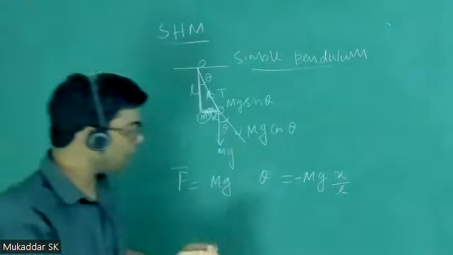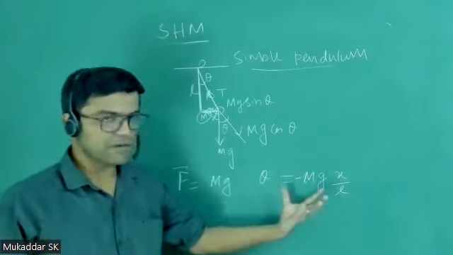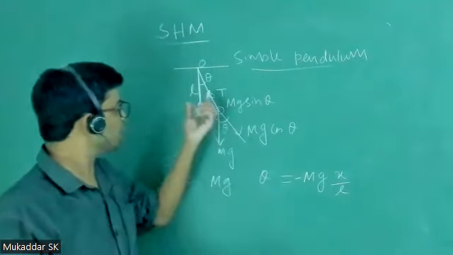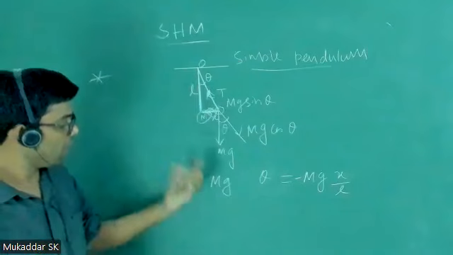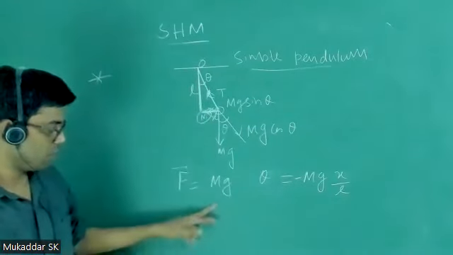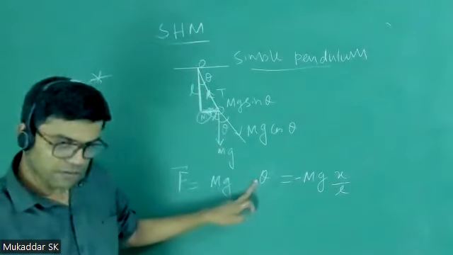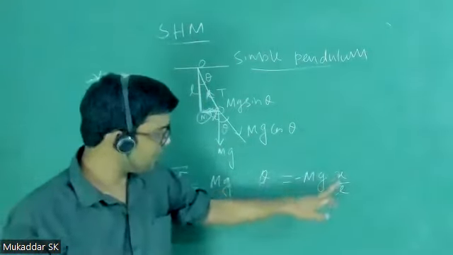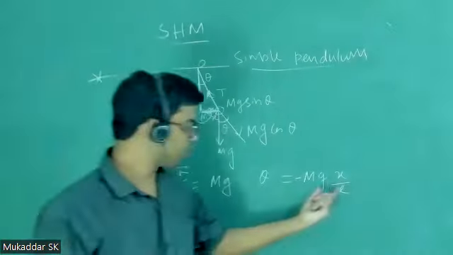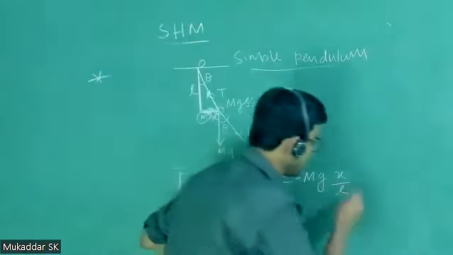So this is a force, and you can see that the force is proportional to displacement, right? So this is basically an example of simple harmonic motion. But it will undergo simple harmonic motion only when your theta is very small. If theta is small, then it will undergo simple harmonic motion, because for small theta, sin theta will be theta, and theta you can write as x by l. So F will be minus mg x by l, and that F is basically